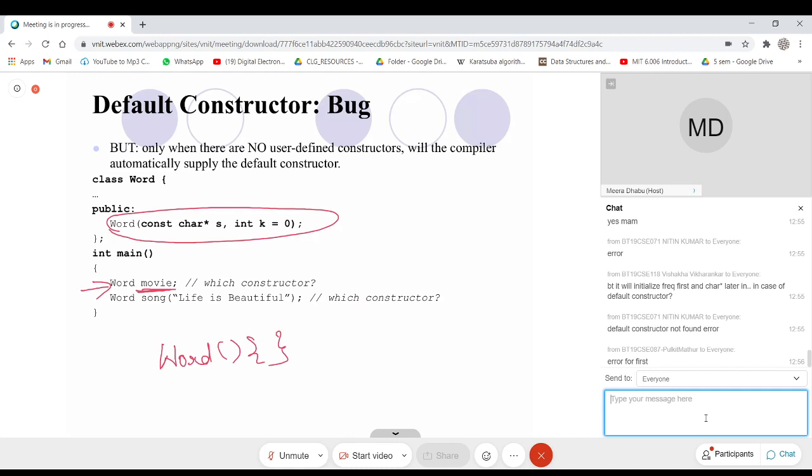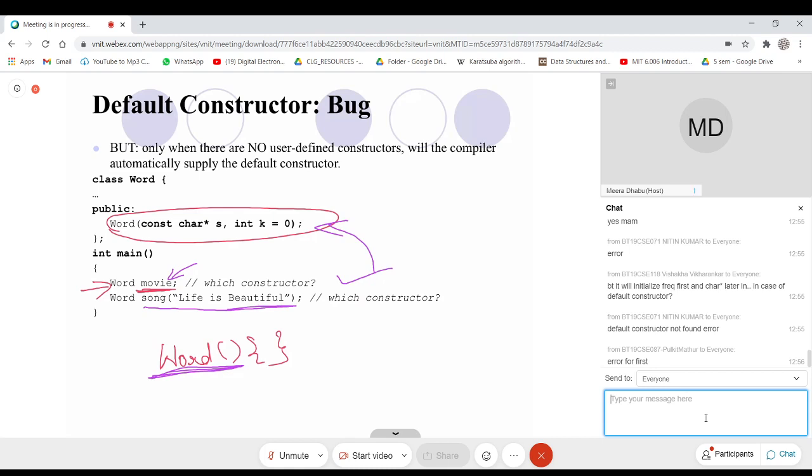I'm interested in the signature of the constructor. Because you're not passing any argument with the name of the object, it should invoke the default. But sadly, the default constructor definition is not given in the class definition. So the compiler will report an error that no matching definition was found. Whereas here it's fine, because for this the constructor will be invoked.